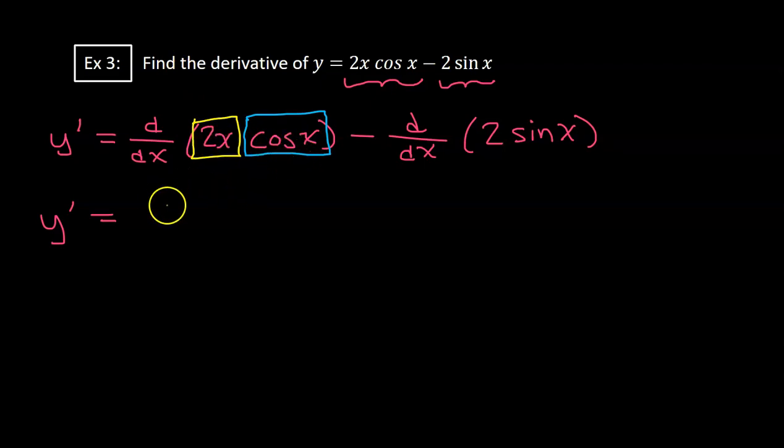So we're going to take the derivative of 2x first. And then for now, we're going to leave the cosine x alone because we're just taking the derivative of one at a time. And then we're going to add,